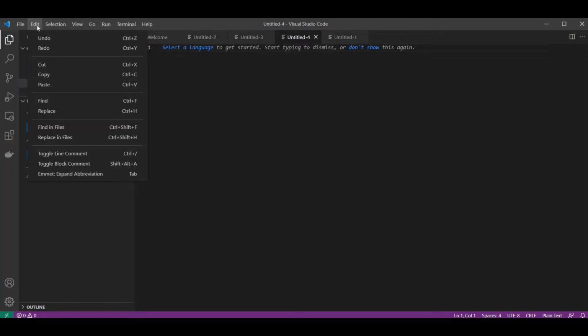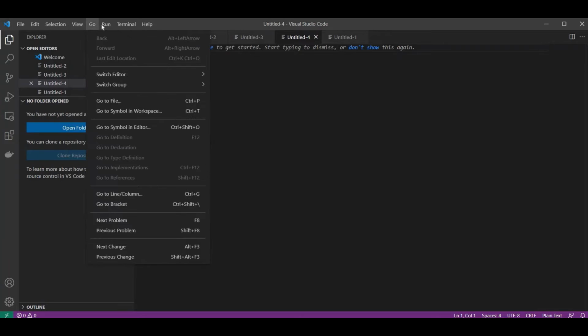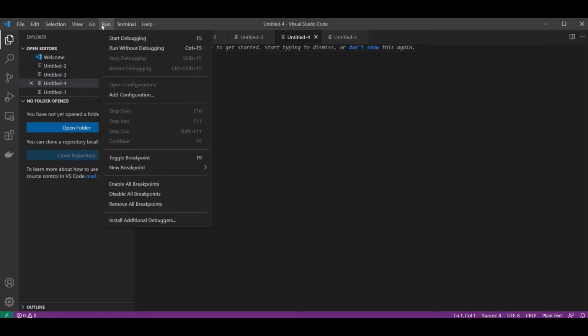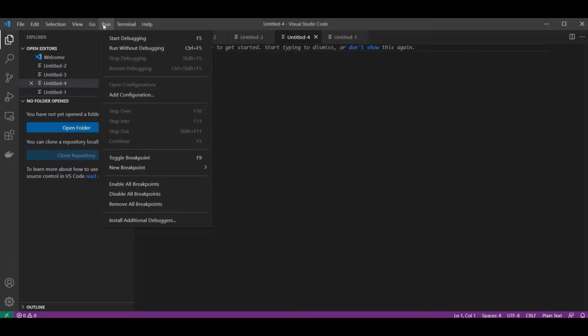This option is used to undo, redo, and copy paste while making a program. This option is used to create a folder, and save and save as during the making of the program. This menu is available in Visual Studio Code, and this is an advanced editor for making programs. This is the best software. I recommend it for all people because, according to my experience, I have used it enough.